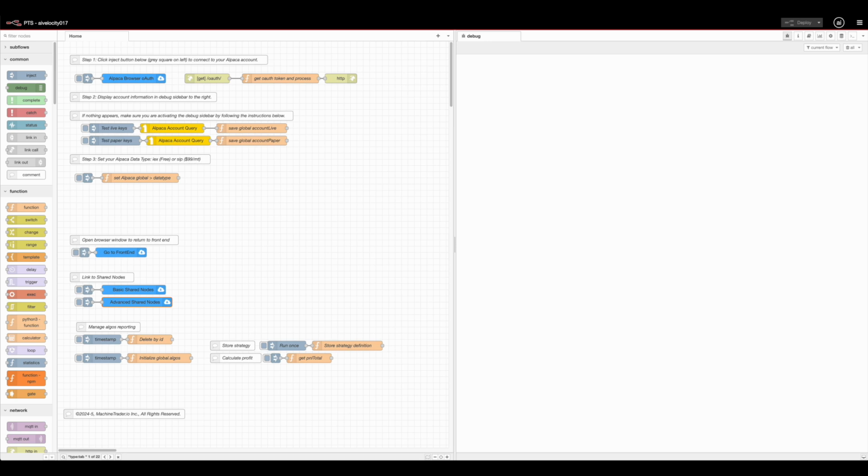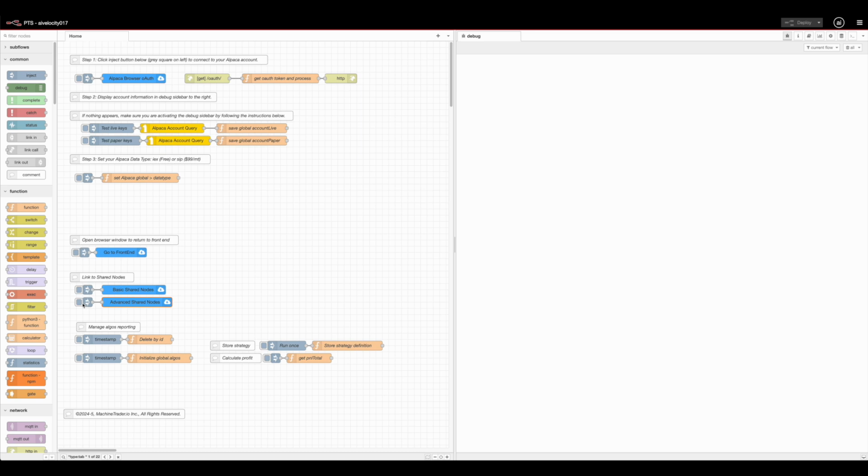In this lesson, I'm going to show you how to build an RSI calculator. So this will be a flow that will produce the relative strength index, which is a very popular signal used for entering and exiting trades, used by day traders for decades and used by algorithmic traders as they've incorporated it in their code. So to get started, we're going to go to the home page of your instance